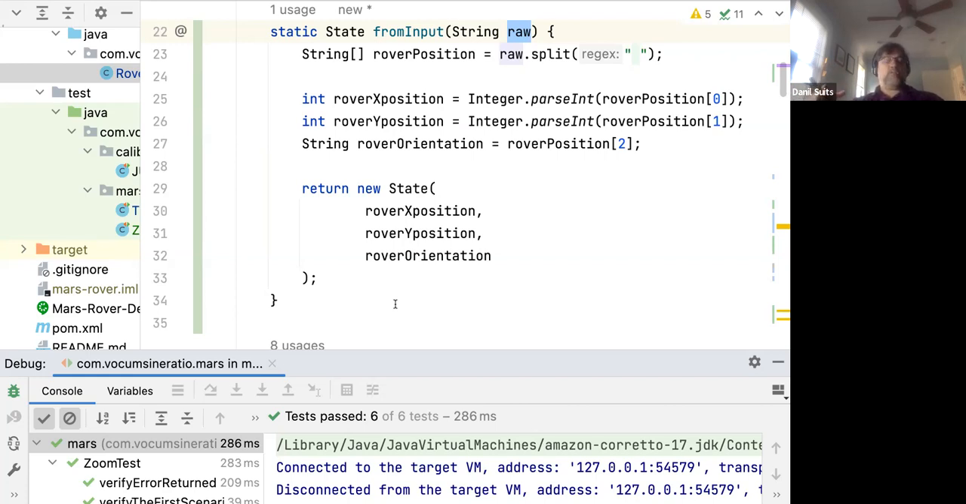My experience, however, is that introducing something like an enum